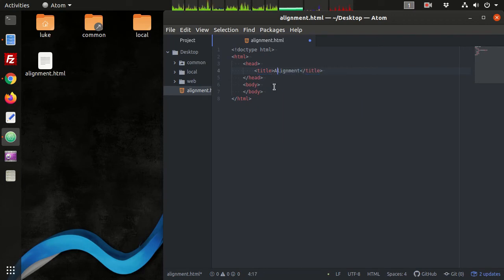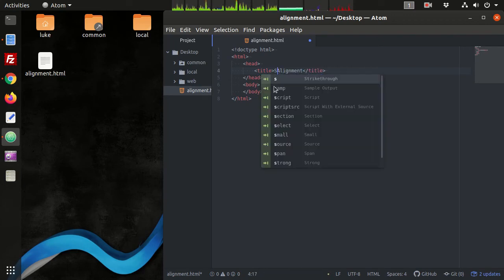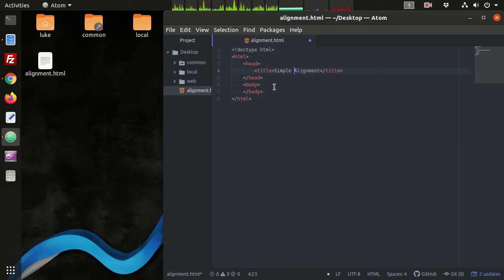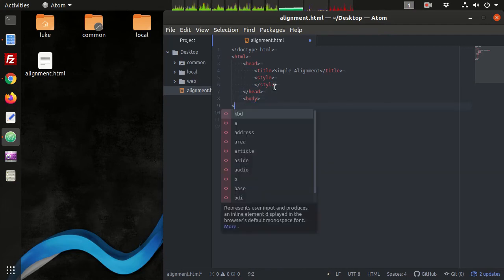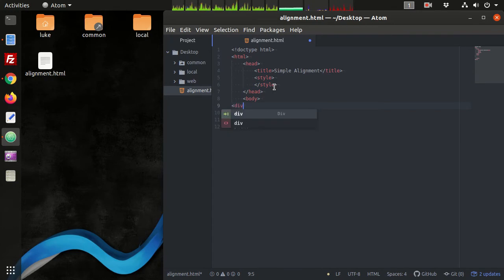Really, this is simple alignment. There are much more complicated ways to align things. They're actually better. Alright, and we've got a style section. Okay, and then in here we're going to have a div,